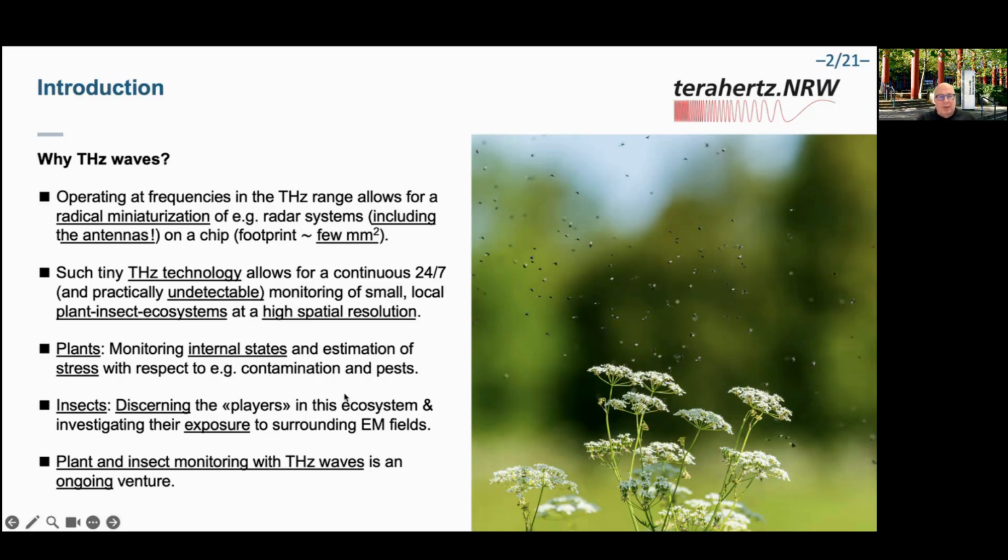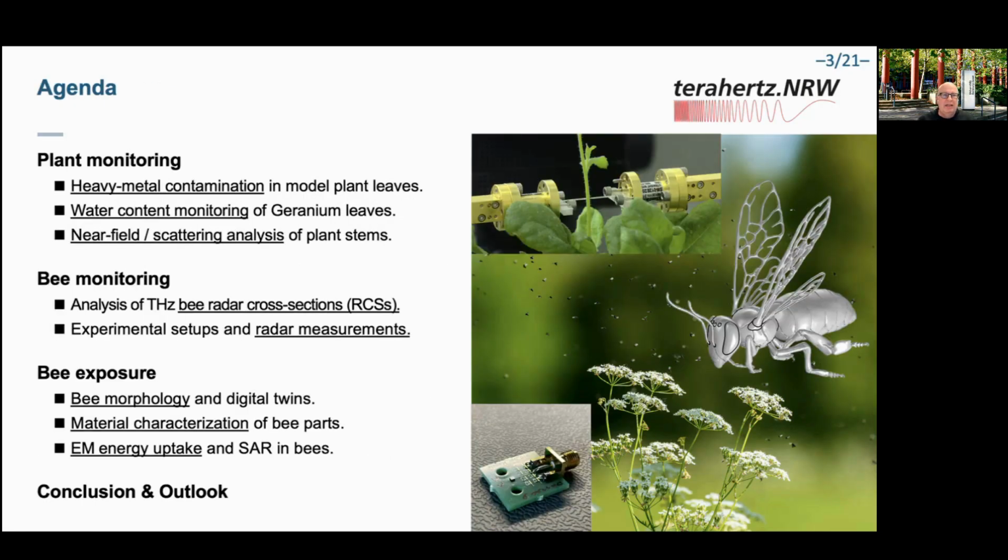So plant and insect monitoring with terahertz waves is, I have to admit, an ongoing venture. We started, let's say, 3 years ago. And what I'm going to present is shown here in the agenda. I will talk about plant monitoring, and in particular on heavy metal contamination in model plant leaves. I will discuss a similar topic, namely water content monitoring of geranium leaves, and then move to a sort of